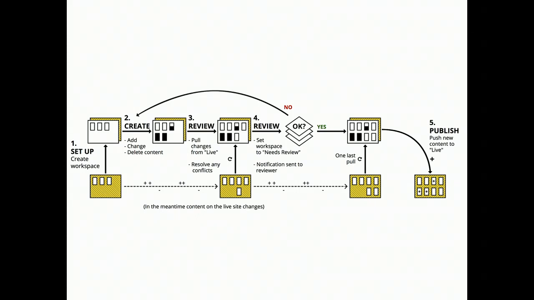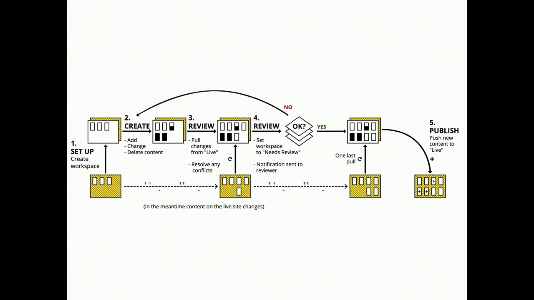So we have a moderation state on the whole workspace, not on individual pieces of content, because the mental model of content editors is they made changes on their site, they want to preview the site. They don't necessarily know or care about whether this is a particular entity, this is a media entity, this is a block, this is an article. They made changes to a section of the site and they want to preview that.